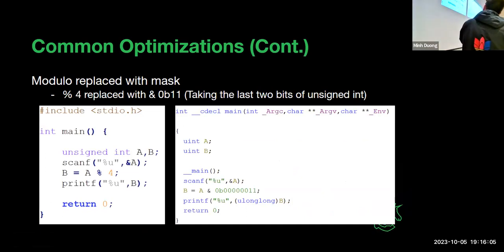When you're trying to use modulo, for example here mod 4, because it's like 0, 1 to 3, it's really the last 2 bits of the number that you're trying to find. So actually, it will just do an AND on the last 2 bits. The rest will be discarded.